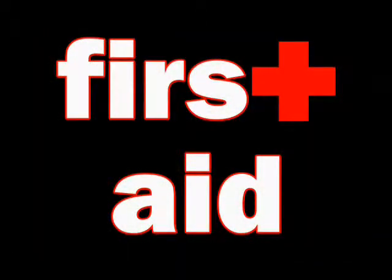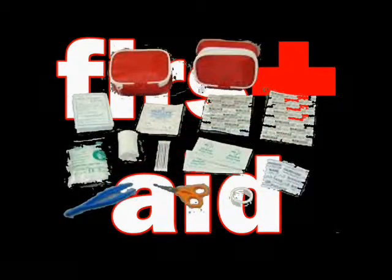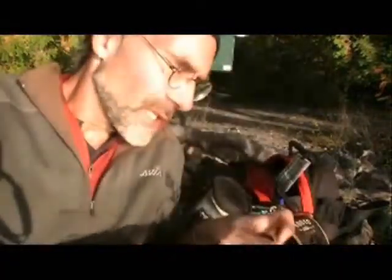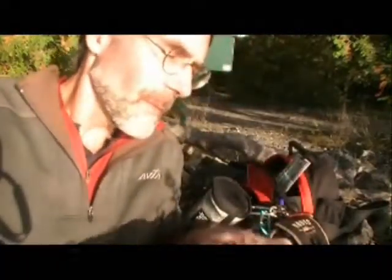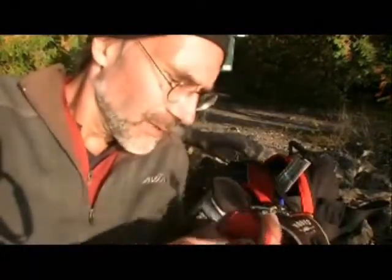Little first aid kits, you can get these in most outdoor stores. They contain a variety of handy medical equipment, such as an elastic bandage for treating sprains, gauze for wound dressing, antiseptic spray of some kind,